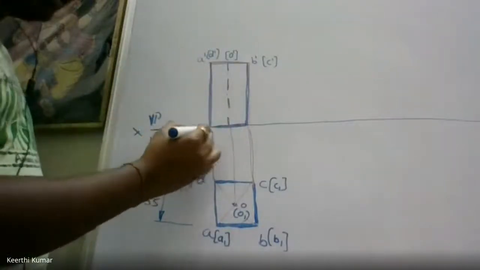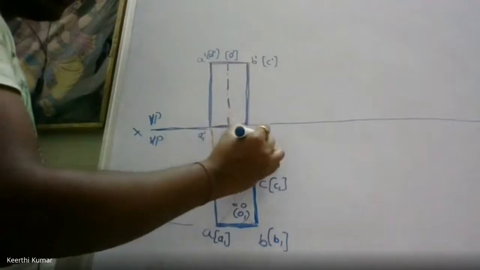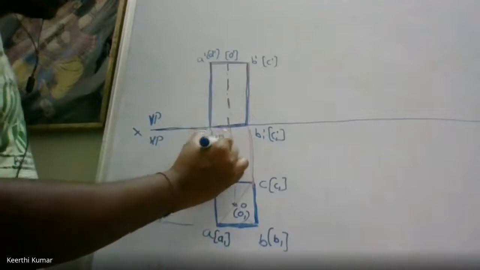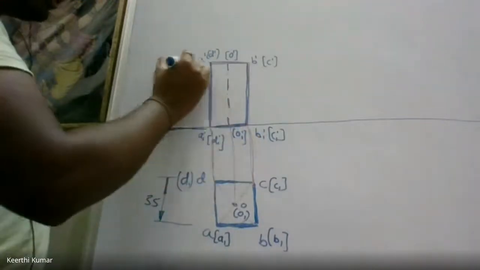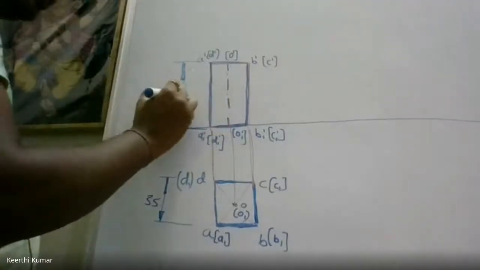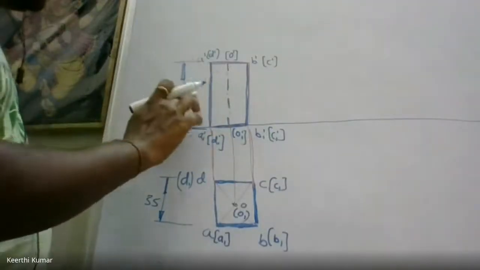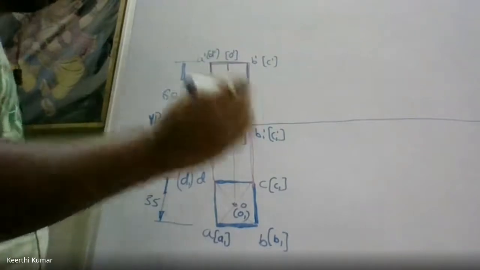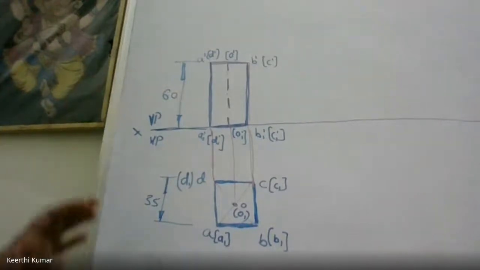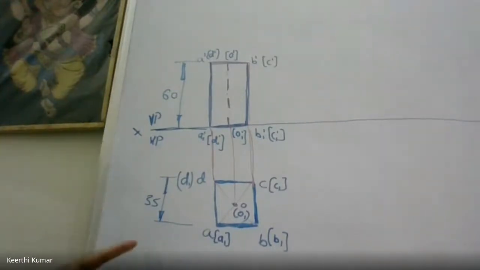Similarly, coming to the base, what is this name? A1 dash, B1 dash, within a bracket C1 dash, here within a bracket D1 dash, within a bracket O1 dash. So what is the height of the prism given? I'll write some height as 60 or 65, whatever. Better to take 60 because it is not possible to fit 65 in the sketchbook, I guess. So we'll take it as 60. Clear? Any doubts in the first position? This completes the first position of the solid, front and top positions.